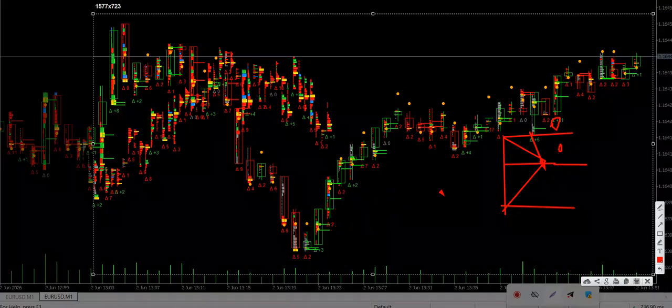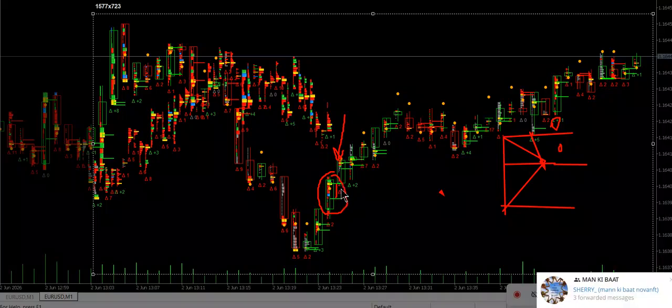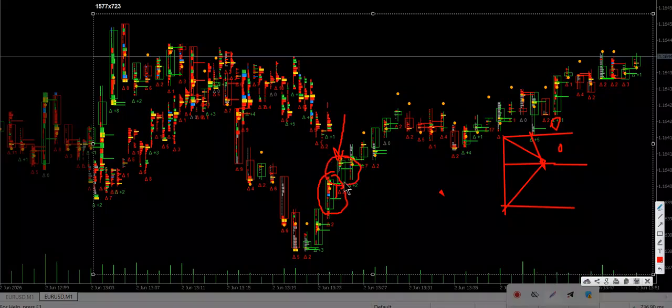Similarly, you may see here in this candle opened above the value area high, so we got these two lines, and this is our active area, and this candle came in this area and then returned back. Same is the case in this candle. Here this is the active area, candle came in the active area then went back.